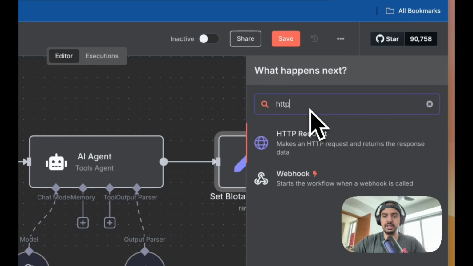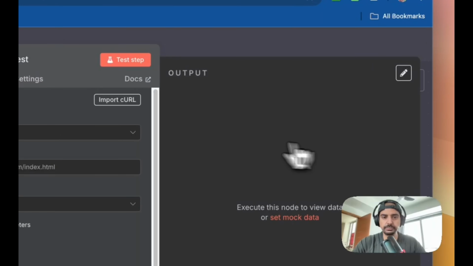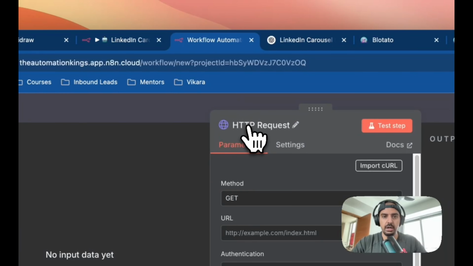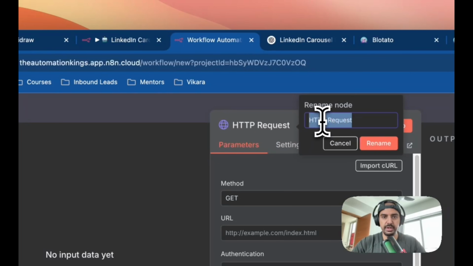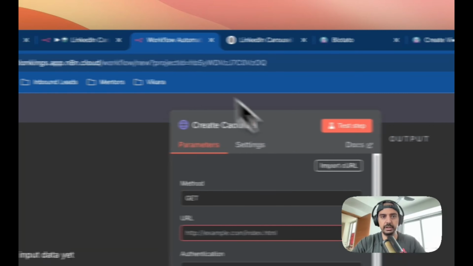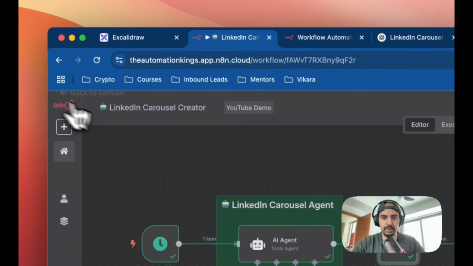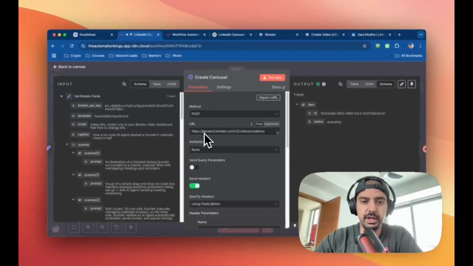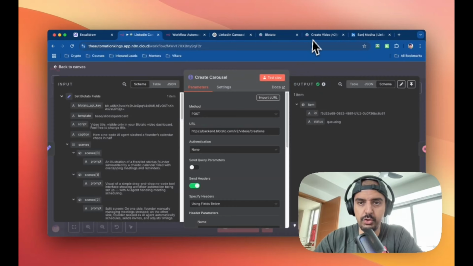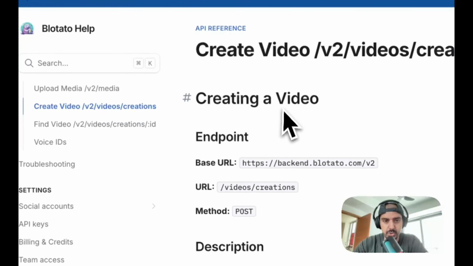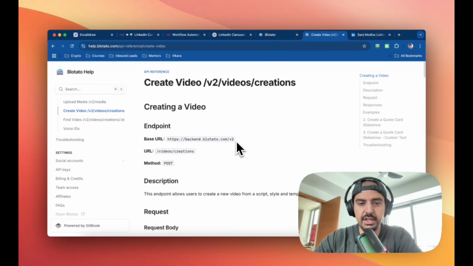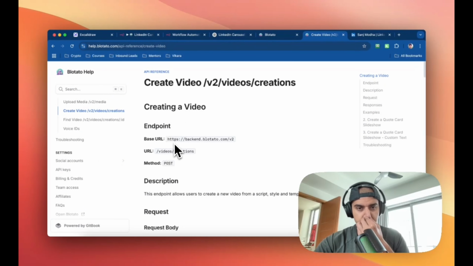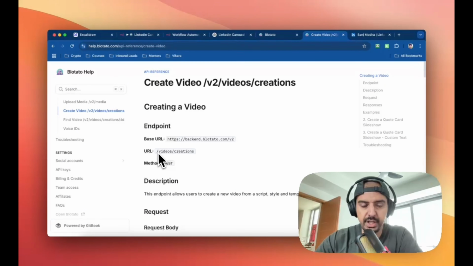So the next thing you want to do is HTTP request. And we're going to rename this to create carousel, and I'm just going to get the API from the build. So you can see here that now we're going to use the post method, and this is the API that we're going to use. If you're not familiar with API, just go over to the API documentation. It actually tells you. So the base URL is this. That means that every API call that you make, the base will always be this, and this is the endpoint. Okay, so for this one, it's going to be